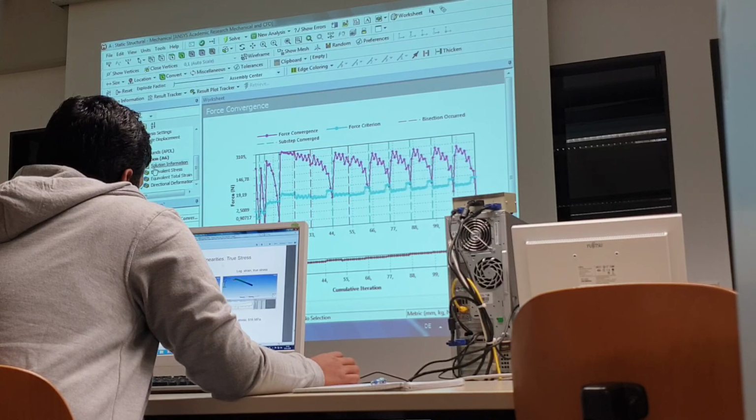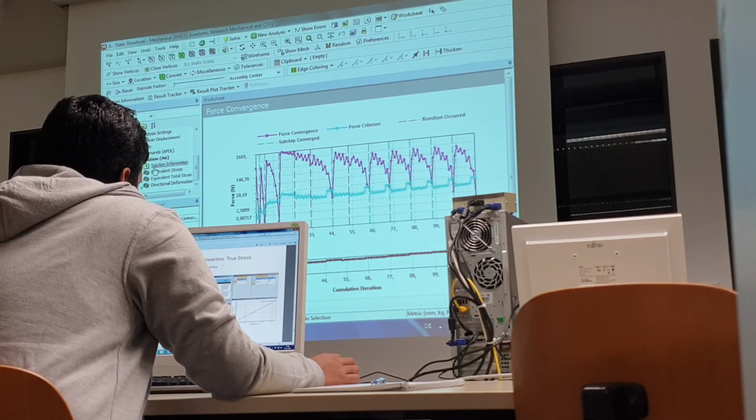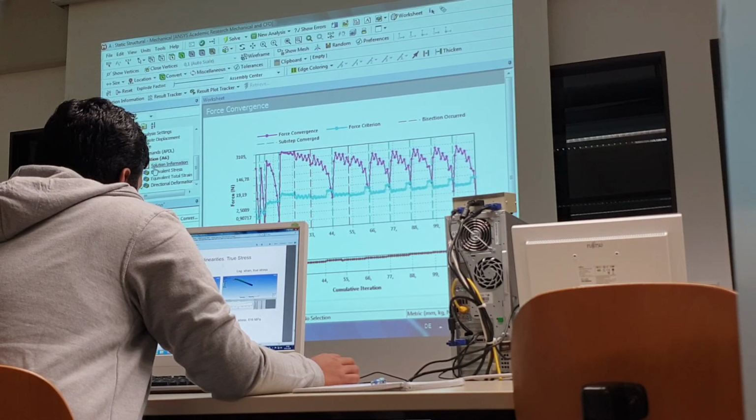Structural steel. Then you can change it to multilinear. Drag and drop, yes. Then you have to define